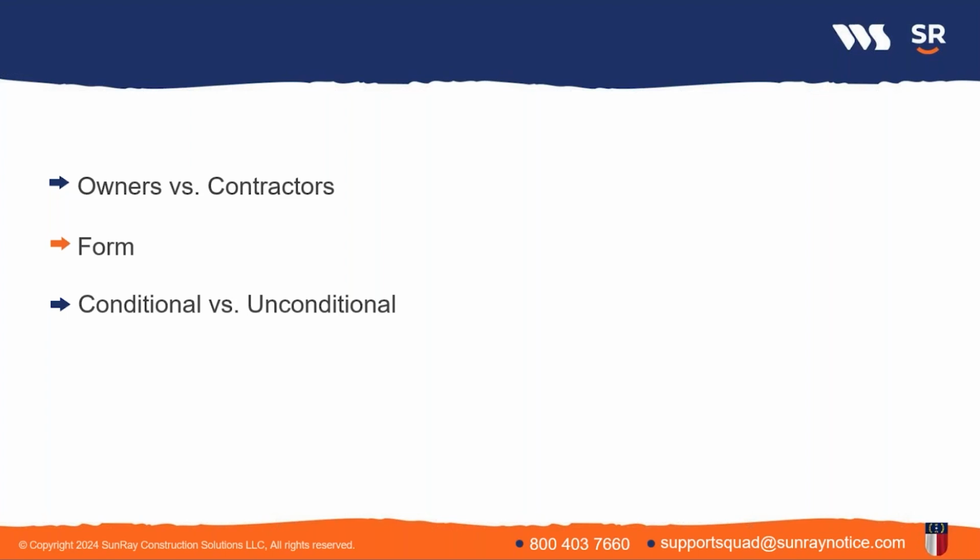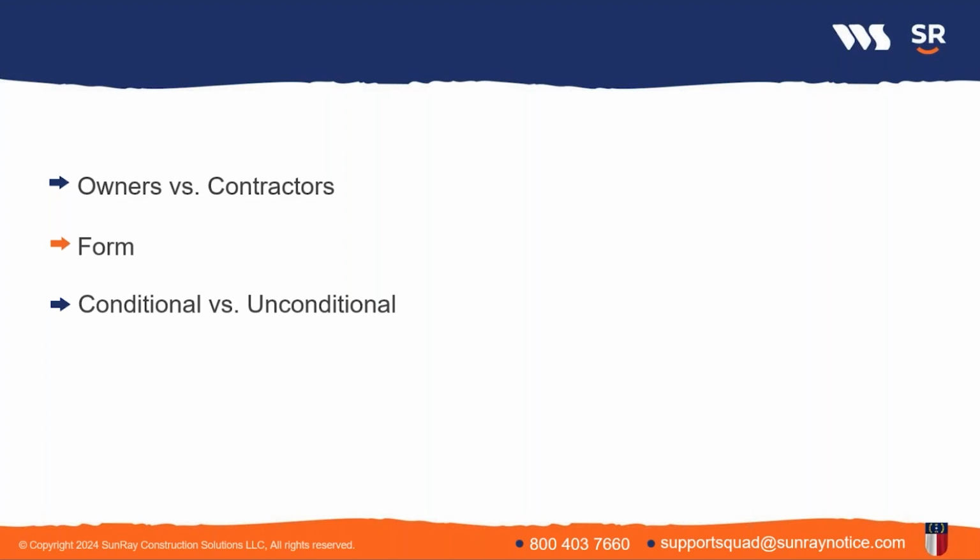North Carolina does not regulate the content or form of lien waivers. There is no statutory form that you have to use, and there's no magic language you need to have in there, but it does need to be written, and we'll go through what the lien waiver should include, even if it's not required by statute, so that you're preserving all the rights that you can and only waiving what you need to. Lien waivers can be conditional or unconditional.